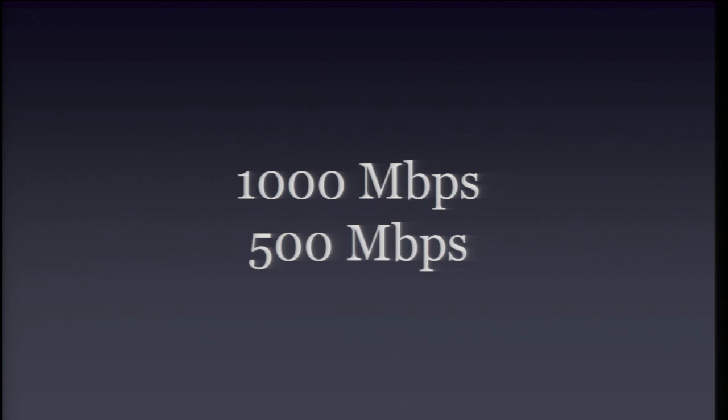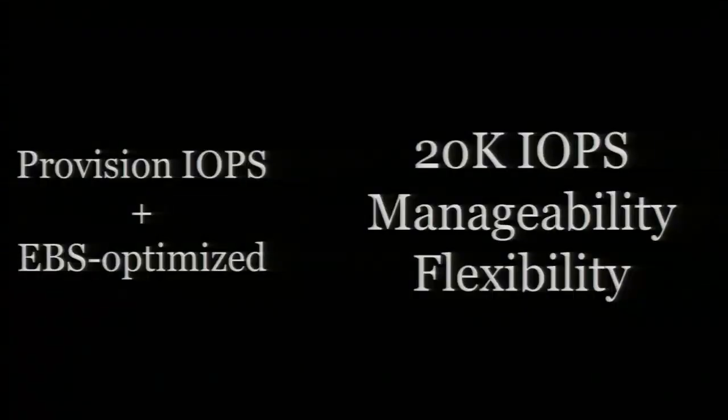We support two kinds right now. You get a gigabit for M1 extra large and M2 extra large, and you get half a gigabit, 500 megabits a second, for the M1 large. And over time, we'll add more instances that support this capability. Just as a note, the cluster instances, so the HI1, the CC2s, all have tons of bandwidth. So you don't have this feature on there, but you can use them with EBS-optimized instance provisioned IOPS volumes at scale pretty well. So the way to think about it is, if you have applications that need 20,000 IOPS, for example, you want to use provisioned IOPS volumes with EBS-optimized instances.